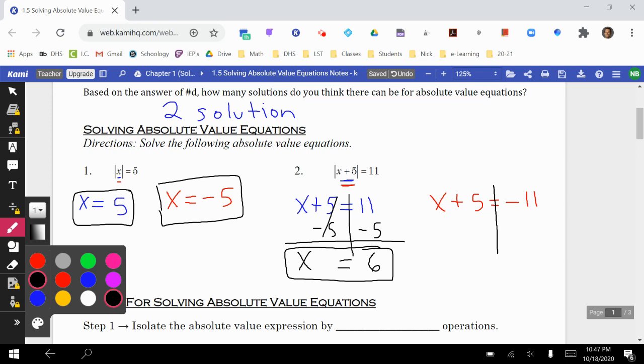To get the x by itself, I need to subtract 5, and what I do to one side of the equal sign, I must do to the other. So now bring down my x. My plus 5 minus 5 cancels out because, again, I did that on purpose. My inverse operation will get x by itself, equals negative 11 minus 5